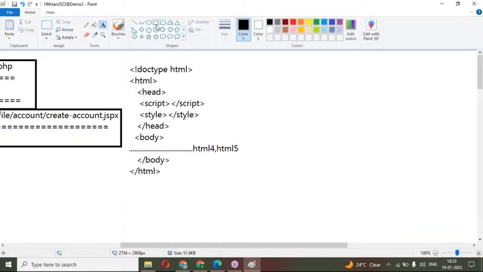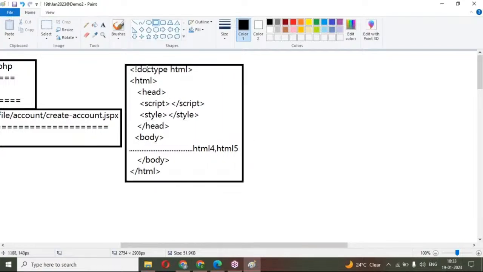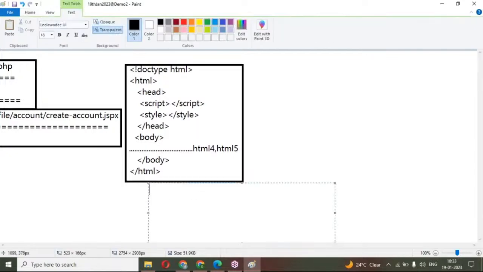So this is the basic code for HTML. Any HTML code, we can write it like this. You can save this application anywhere, in notepad or anywhere. You can write your code related to HTML like this, and you can run this program. You can write this program in notepad and save the file with any name,